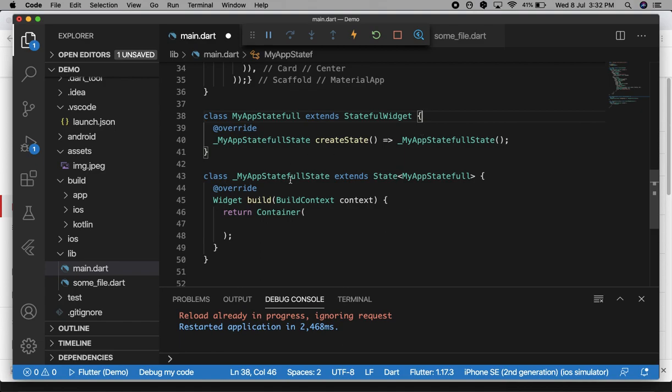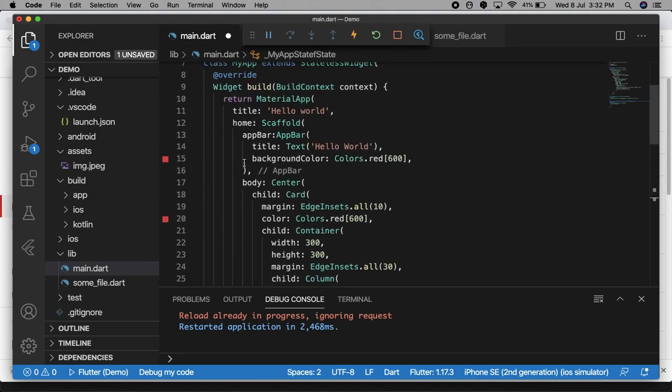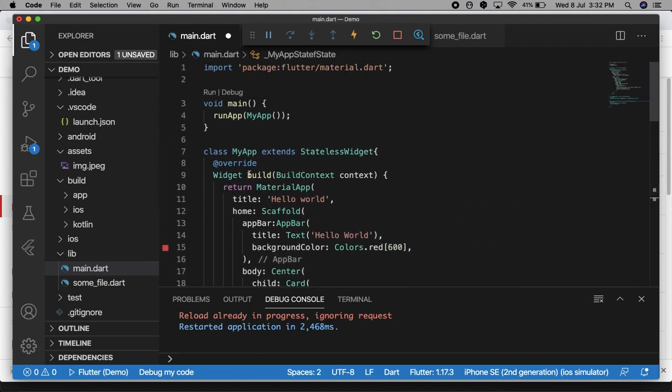And here we have a class that is a widget that has a type of stateful. This class has a build method, like we have seen so far in the stateless widget.